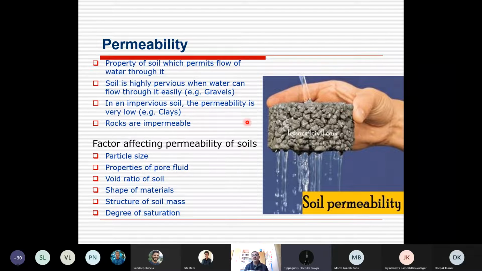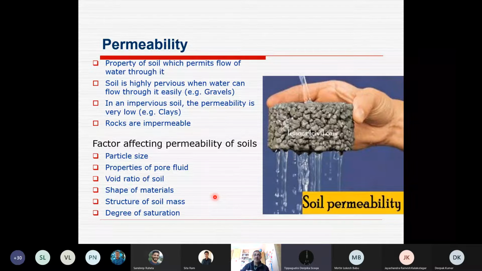So what are the factors affecting permeability? Two conditions, soil as well as water. In soil, it's the soil particle size, and the properties of the pore fluid, meaning what the characteristics of the water are, whether it is brackish or fresh water, the density, so it has all effects. Then the void ratio of the soil, Vv upon V, meaning volume of voids divided by total volume. It depends on these characteristics of the soil, the shape of the material, texture, structure, lattice structure, whether cubical or spheroid, so that makes the shape of the mass. So the structure of the soil mass and degree of